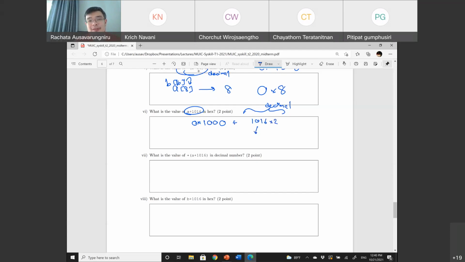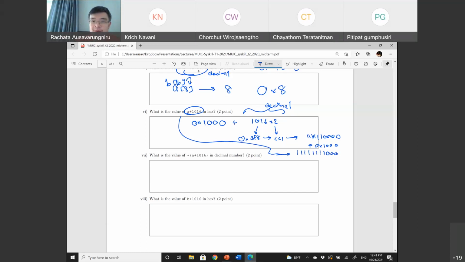So in decimal, this is 10,016 multiplied by 2. This is 0x3f8. Multiplied by 2 is left shift by 1, right? So what you have is 3 is 1, 1, f is 1, 1, 1, 1, 8 is 1, 0, 0, 0, right? And you left shift by 1, so that's 1 more 0. And you add 0x1000. So the address is basically 1111111000.